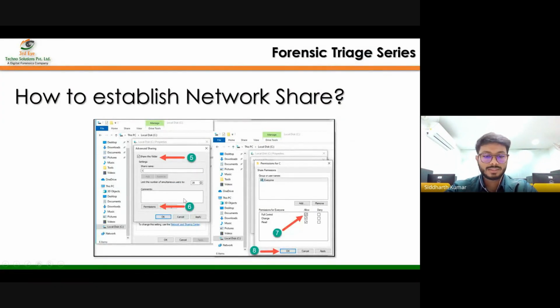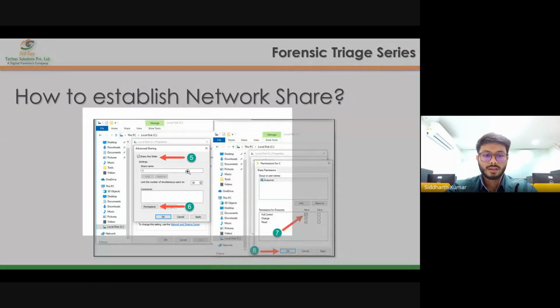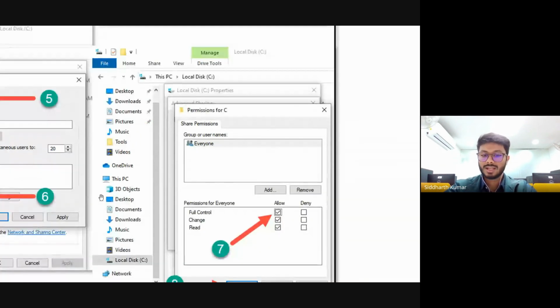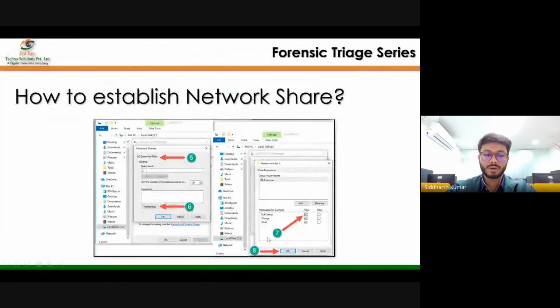Once that is done, you will be presented with this share. What should be the share name? Make sure to take this option, share this folder, click on permissions, and click on full control. This will allow KAPE to extract data from this drive, because this drive or this folder would be easily accessible